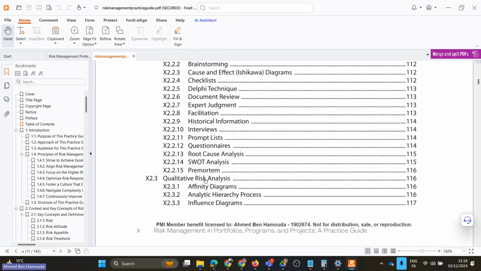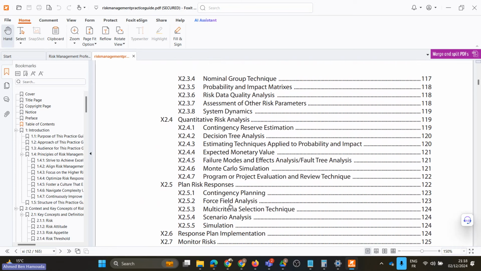Then techniques for qualitative risk analysis, such as affinity diagrams, analytic hierarchy process, influence diagrams, nominal group technique, probability and impact matrices, risk data quality analysis, assessment of other risk parameters, and system dynamics. Then for the quantitative risk analysis, like the contingency reserve estimation, decision tree analysis, estimating techniques